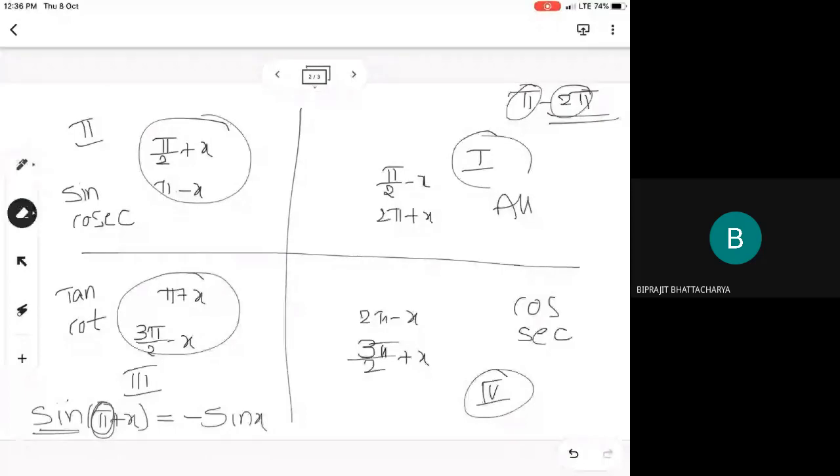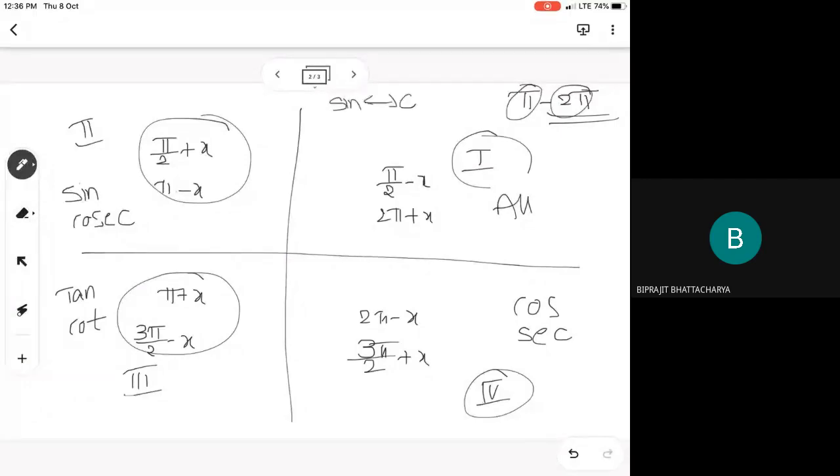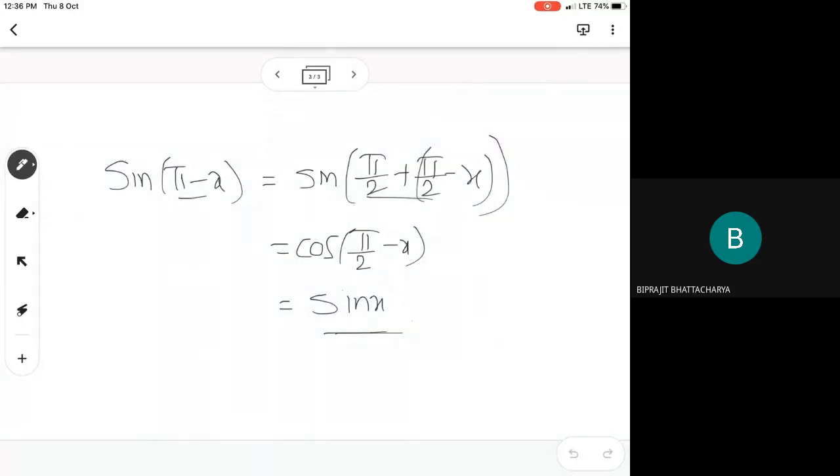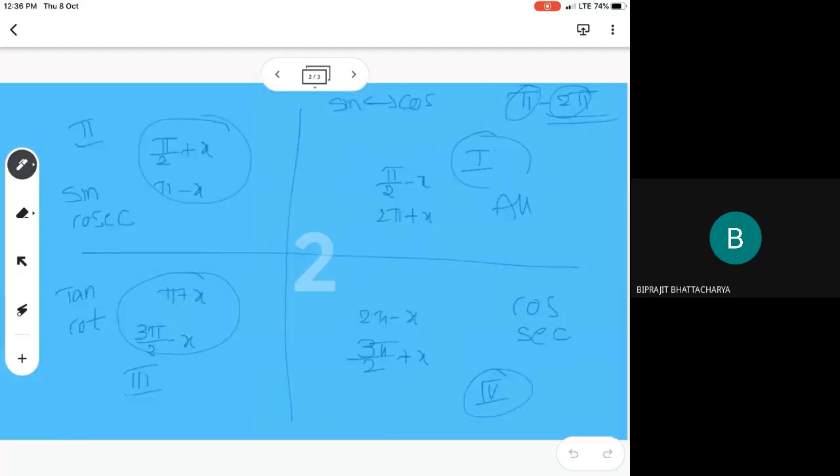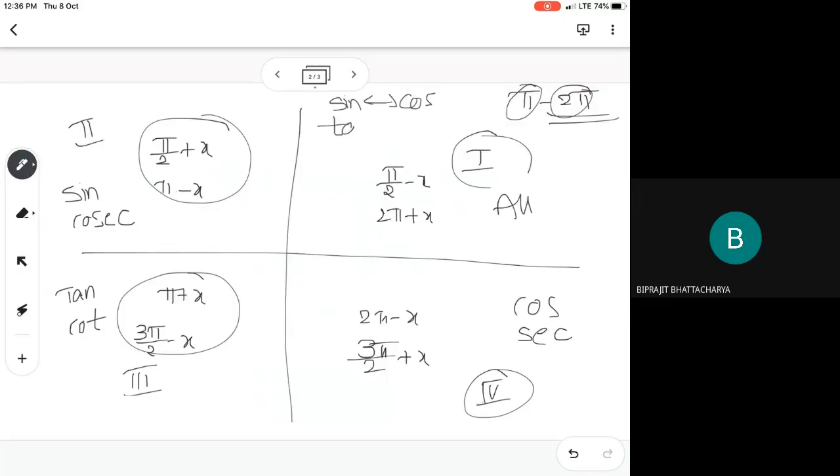And if you have pi by 2 or 3 pi by 2, then sin changes to cos. This is just to remember, an easy way to remember. The original proof is done in the way shown earlier. Even for 2 pi minus x, you have to remember this first. Tan changes to cot, cot changes to tan, and secant changes to cosec. Do remember, these are not reciprocals. The reciprocal of sin is cosec, and most people get confused and write that when sin is given with pi by 2.